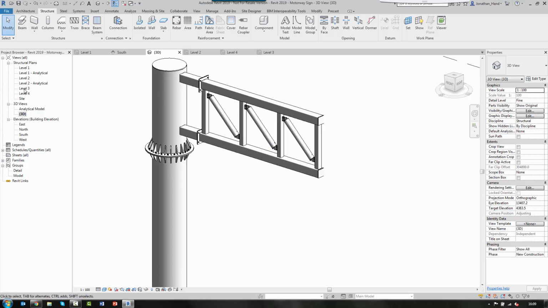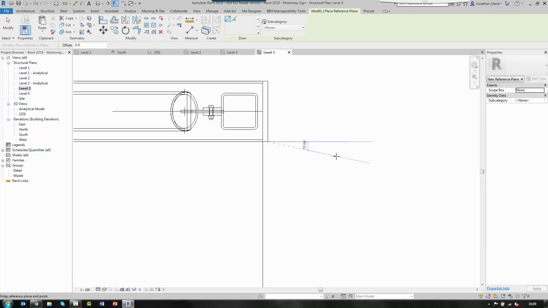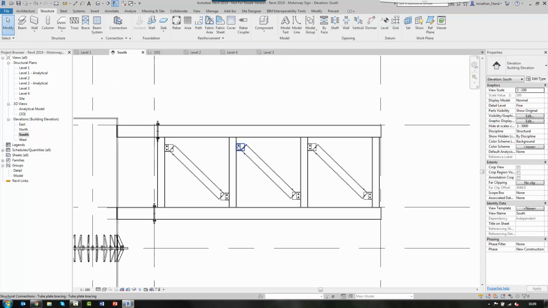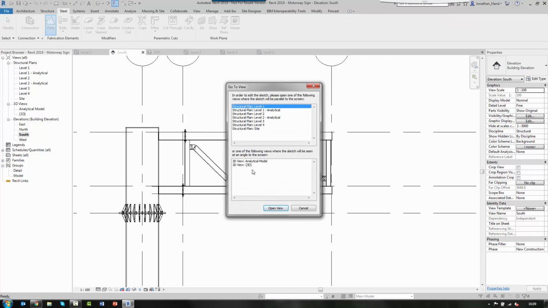If I go top of level 3, I'm just going to put a little reference plane in at the front end here. I'm going to call this sign setup. So what I'm going to try and do is put a plate in. So I'm going to go to steel plate. I'm going to go to my 3D view,